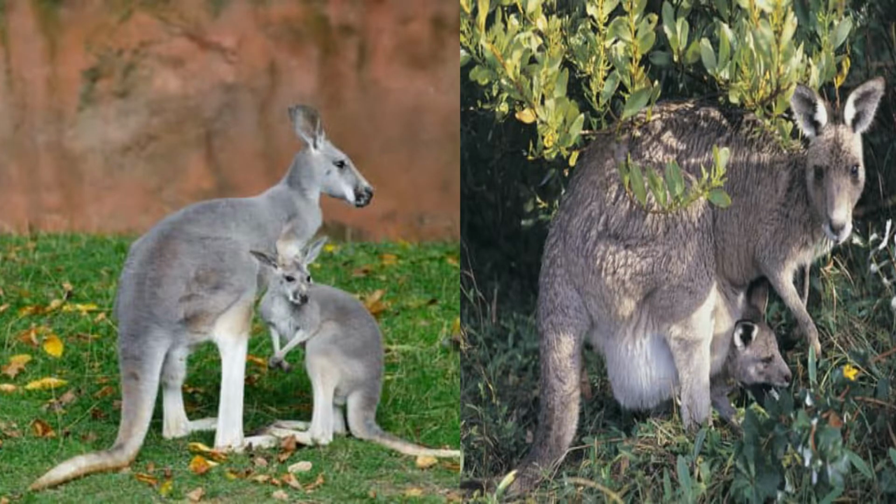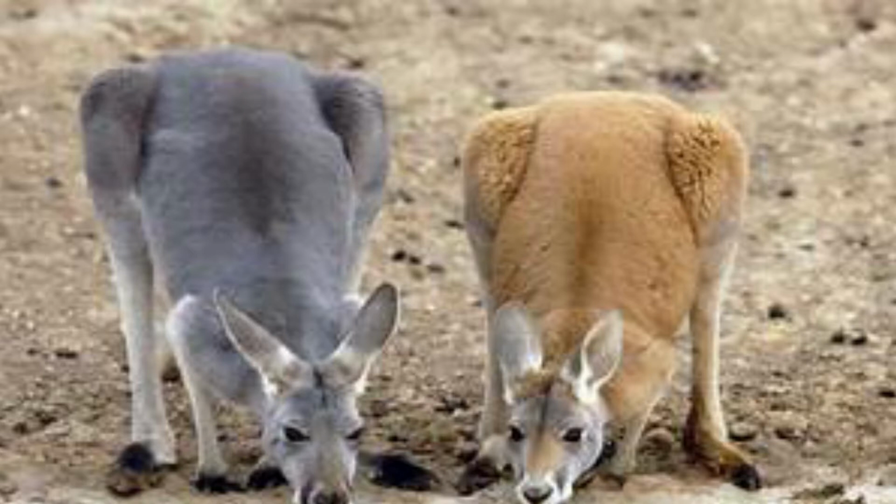They mostly inhabit the dry and inland areas of central Australia. There is very little rainfall in this area. It is mainly open grassland, shrubland, and deserts. They prefer open habitats with scattered trees for taking shelter during hot sunny days. They are able to live without drinking water for long periods of time as they get enough water from the